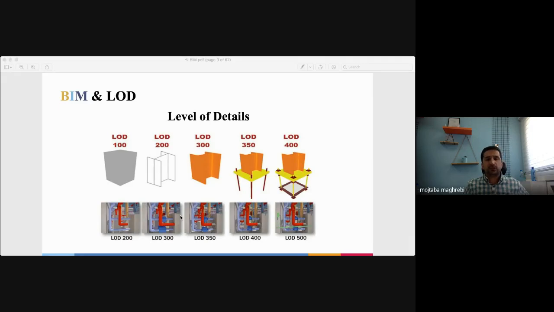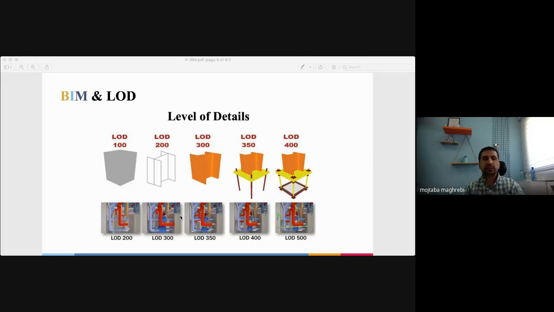The other thing that I would like to talk about is LOD. If a German company came to Basrah with a project, and you wanted to talk to them and model your projects in BIM, one of the initial questions they would ask is what the LOD of your models is, what the level of detail is. The LOD numbers go from 100 to 500, and those numbers indicate how much detail you have incorporated in the model.